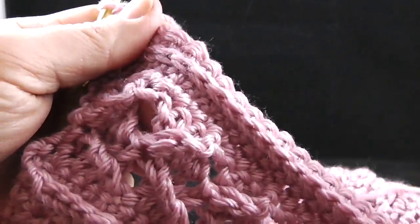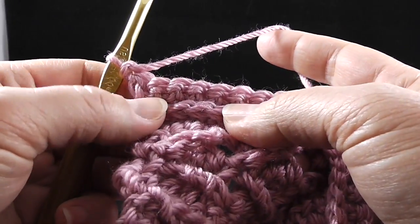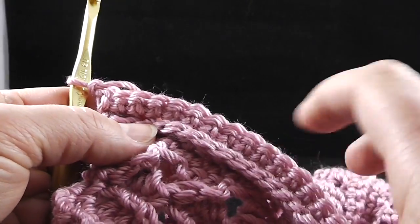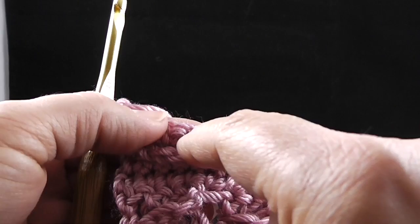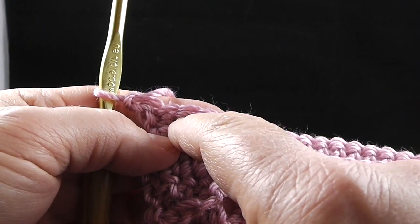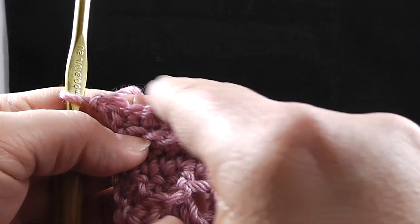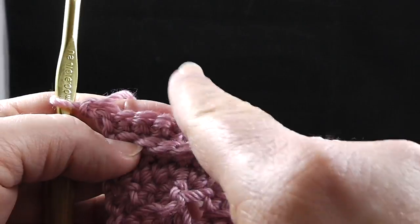Now for the diamond pattern, the first thing we're going to do is single crochet all the way across in each stitch. Now let me say something about this. We already have 1 row of single crochet, which is from the 2nd row of the low front ridge. This is going to do double duty for us. This is also going to count for our 1st row of the diamond pattern. As we get into this pattern, you'll understand, because once we have 3 rows of single crochet, then we do the row which will have the trebles that actually form the